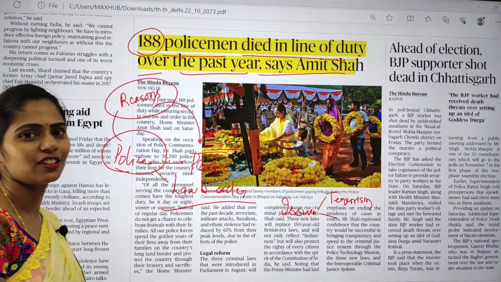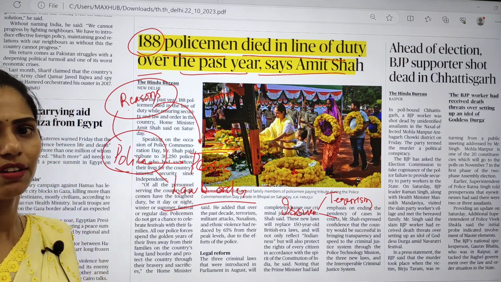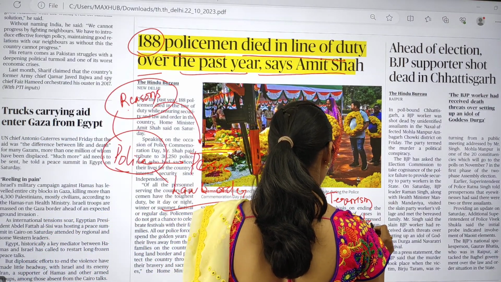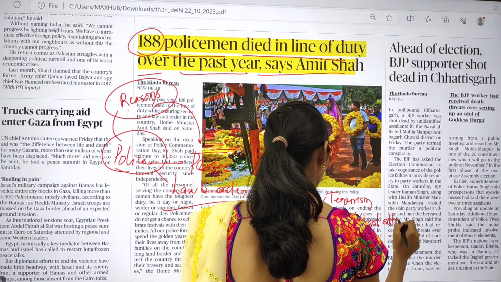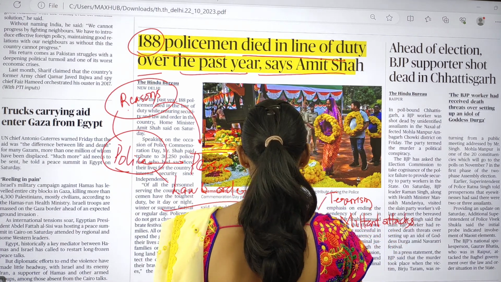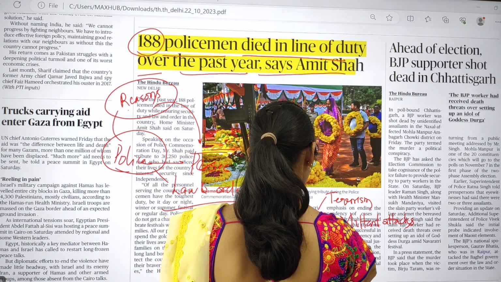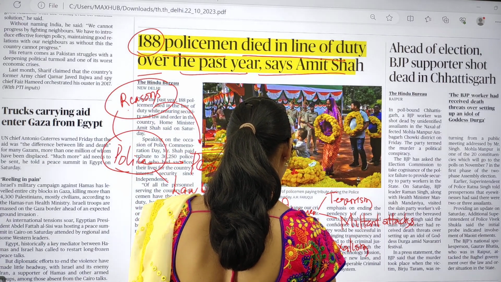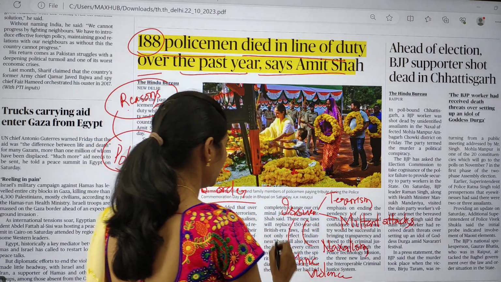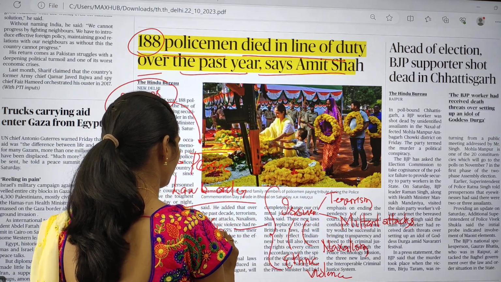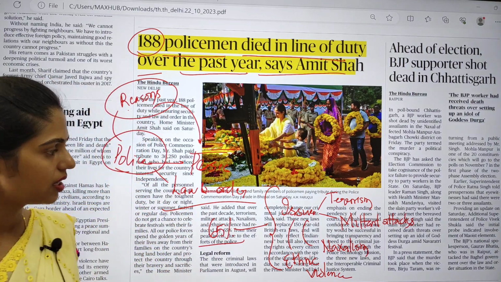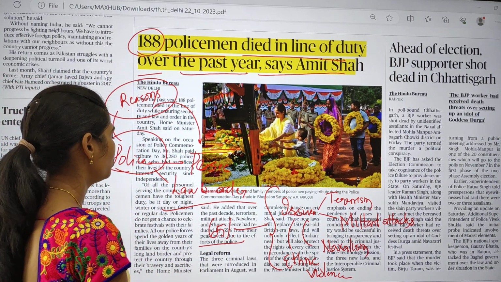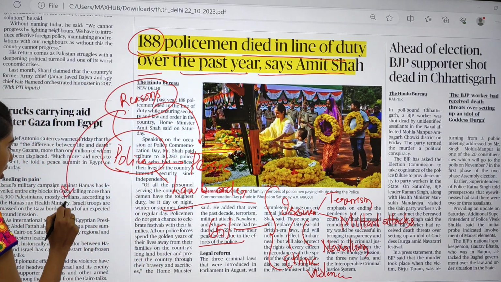So you can watch the movie Major to see how terrorism is affecting the lives of police, and you can think about militant attacks and even Naxalism, ethnic violence. So these are the reasons that led to 65% of the deaths of police: terrorism, militant attacks, Naxalism and ethnic violence. So here as a UPSC aspirant, yes, you have to know what can be the measures,